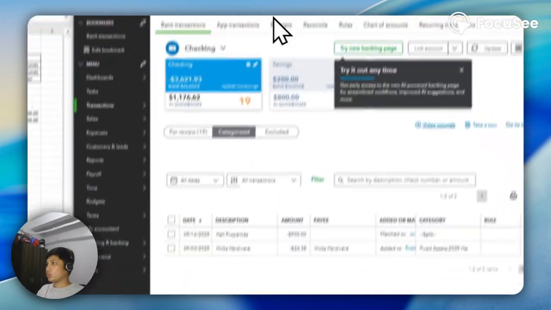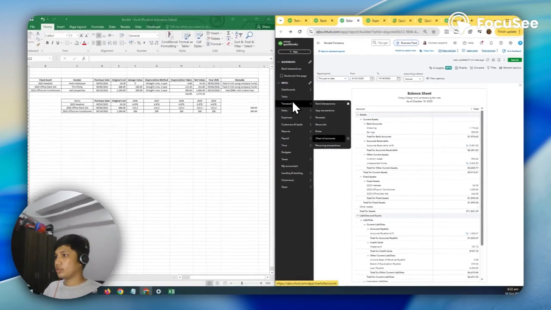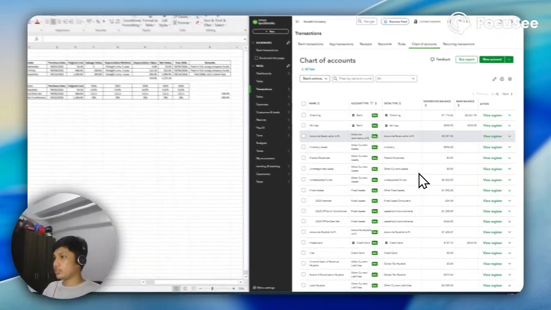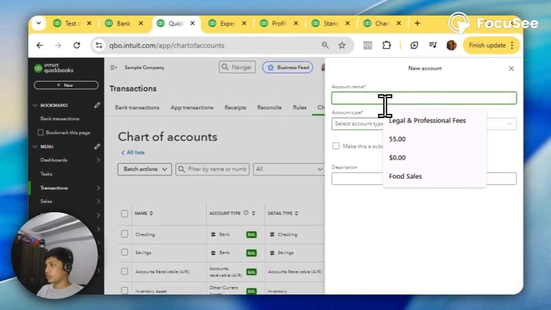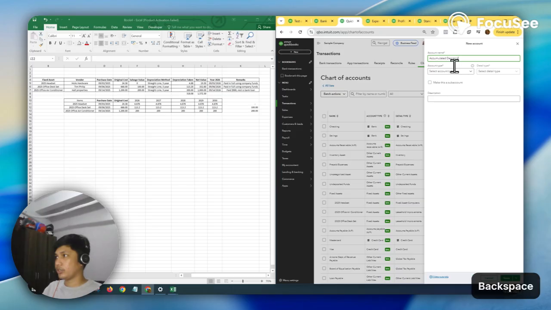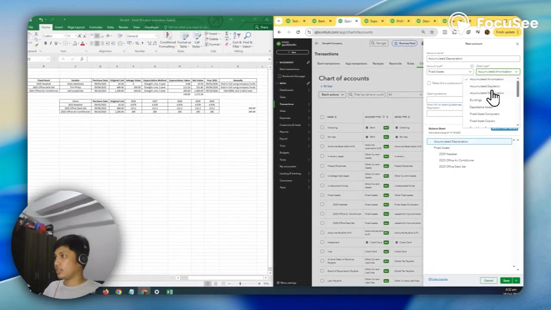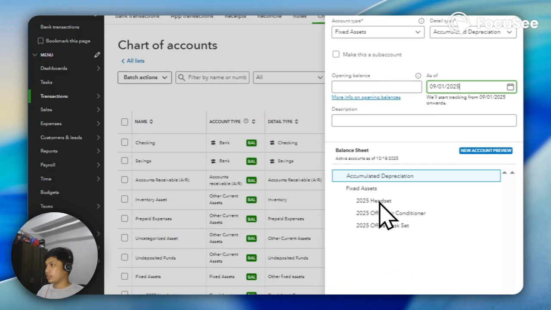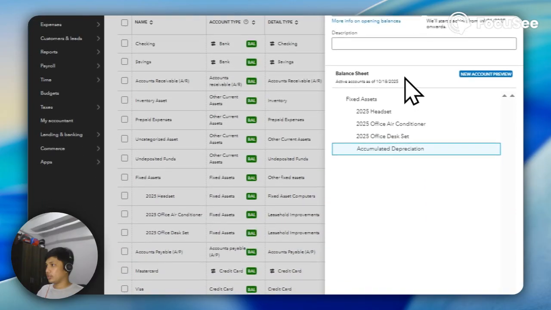I'm going to go to the chart of accounts, and I'll check if there's an accumulated depreciation account. Under fixed assets, I'll add accumulated depreciation as of, let's say, September 1, and make this a sub-account of fixed assets.